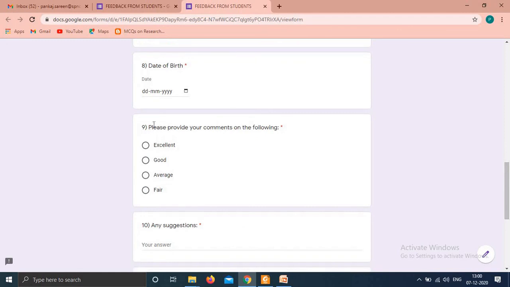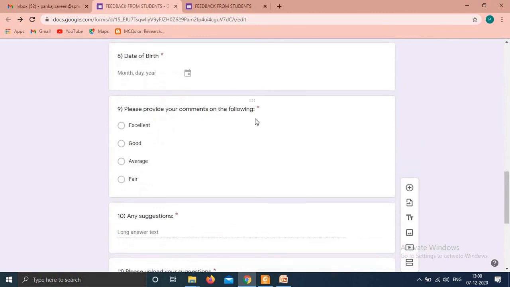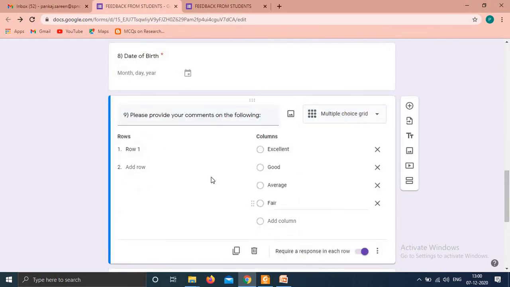Just wait. What happened to field number 9? I need to change it to multiple choice grid. Then the options were, just wait, options were like library, resources, extracurricular.